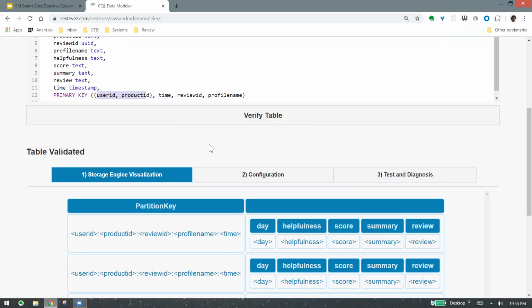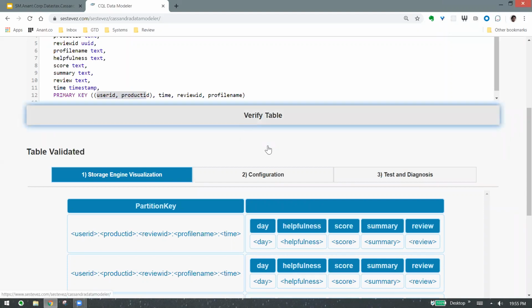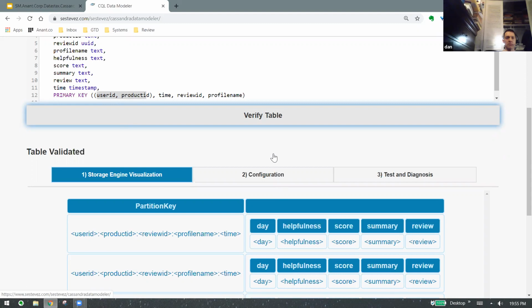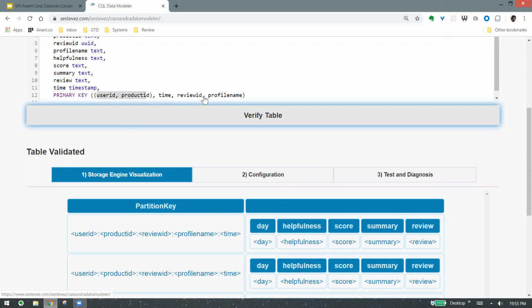Right? And if it's a shard ID, we're talking about, okay, well, I'm only going to have user ID and product ID. And I'm not going to know the time, and I'm not going to know the review ID, and I'm not going to know the profile name, but I want it to cluster and order the data in that way. So,